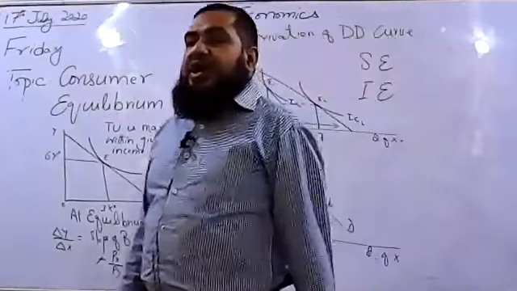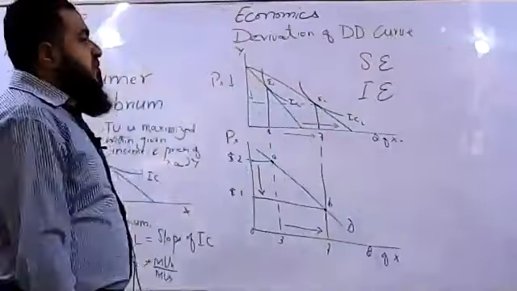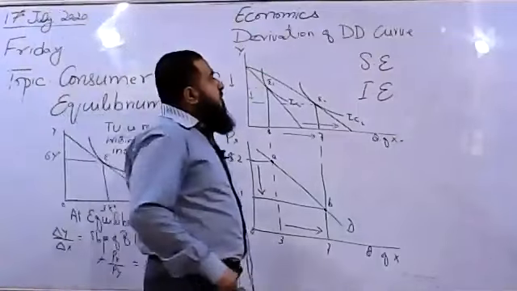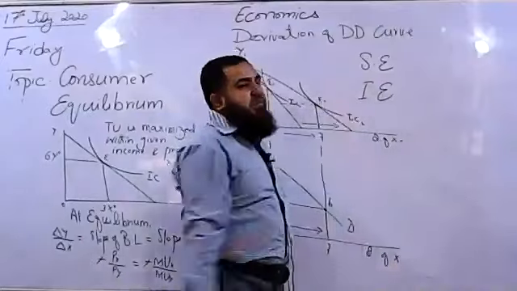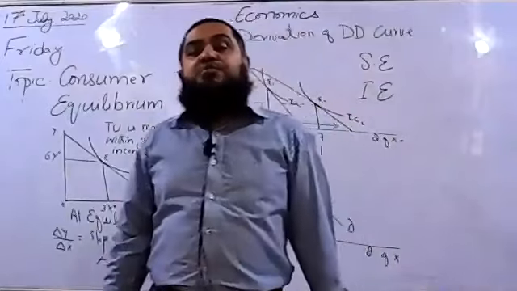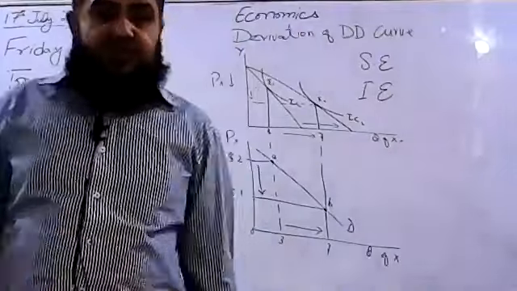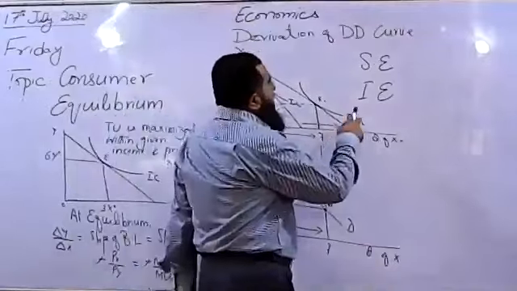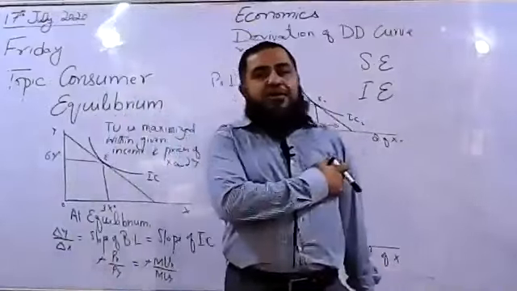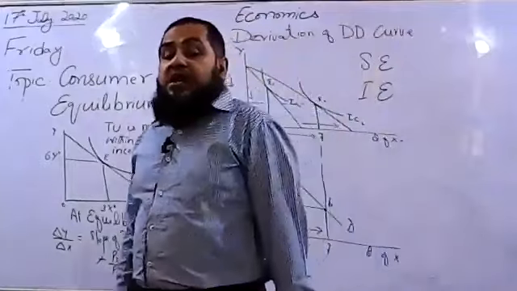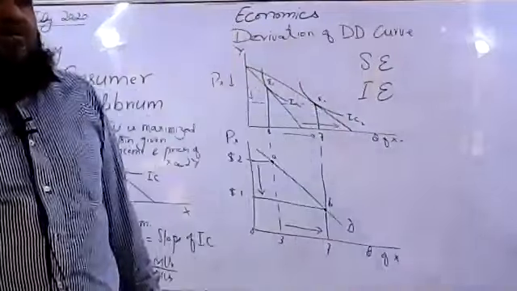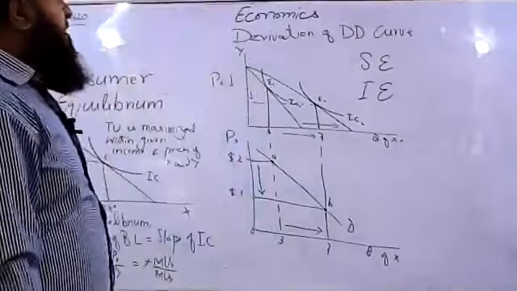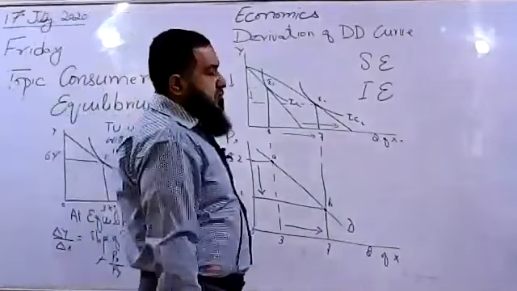Okay, so there can be two or three types of goods. One is called a normal good. In the case of a normal good, we will have both substitution and income effects of the price change. They are both positive, moving in the same direction. And in the case of an inferior good, when price falls, the substitution effect says buy more of it, but the income effect says in real terms your income has increased, please buy less of this commodity. That will be an inferior good.